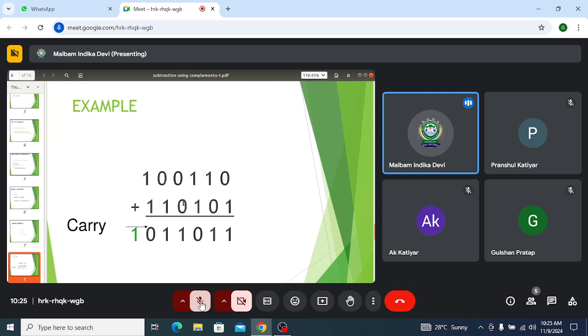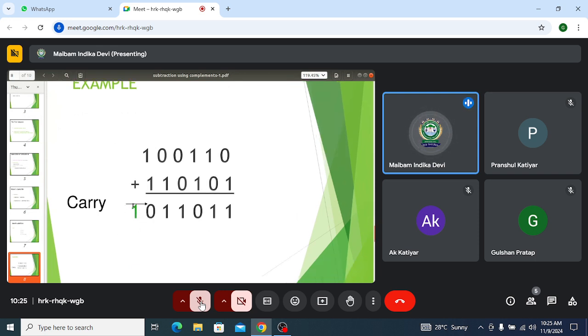So 0 plus 0 is 0. Okay, that result of 0 with the carry 1 from here. Okay, 0 plus 1 is 1. Now 0 plus 1 is 1. Now 1 plus 1 is 0 with a carry. So there is nothing to add out here, so you put the carry out here. So this is a carry for the whole result. We will say you have a carry out here.